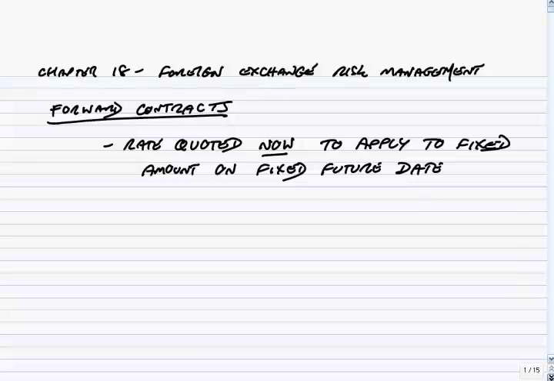Now I'll show you with numbers in a second. It's terribly easy. But they quote the rate now. You don't actually do any converting now. Today you sort of agree it, but if you agree the rate, then you must convert